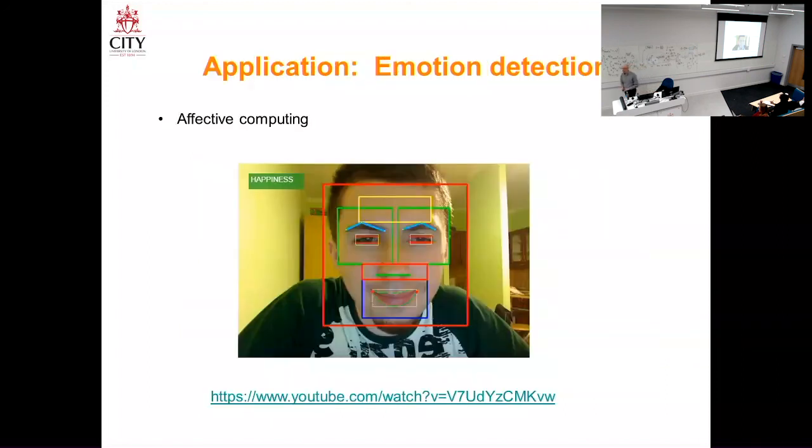Okay, another really cool application is emotion detection. This gets into a field known as affective computing, where you want to understand how people are interacting with technology, what their emotional state is, etc. You can identify the face, but not only that, you identify maybe the eyes, the lips, the lip contour, the eyebrows, etc. And then try to understand the emotional state of the person. Are they happy? Are they sad? Are they frustrated? Etc. And there's a bunch of research being done in this area, also based on videos. Okay,